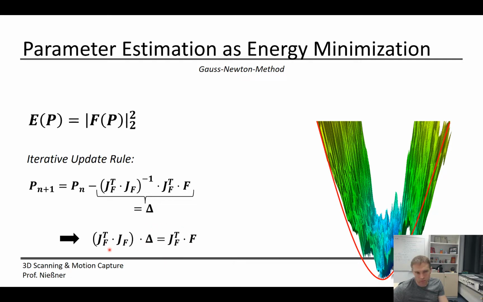And now what we want to do is solve this linear system in every iteration. Then we get the update and iterate accordingly, right? So this is just standard Gauss-Newton. Please compare what you're seeing here